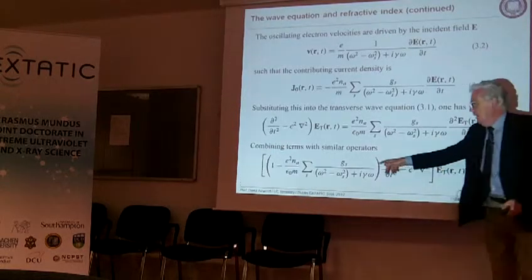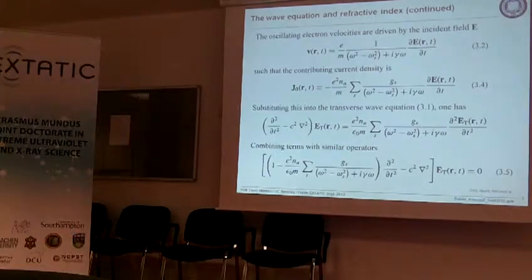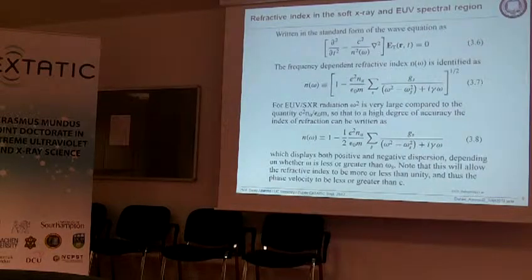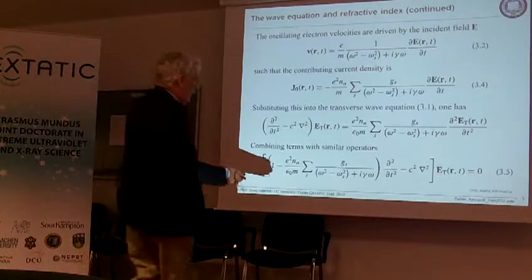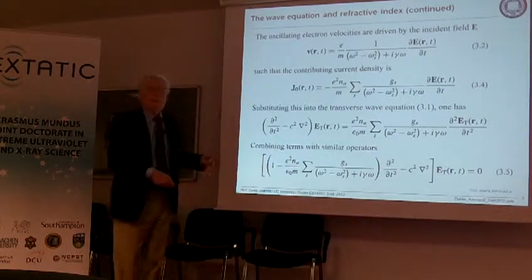So this thing has to be set equal to 0 to know what the dispersion relationship is. What is the relationship between the frequencies and the wavelengths such that there's propagation with a finite field? And so we can take this equation and combine all of this stuff here into,